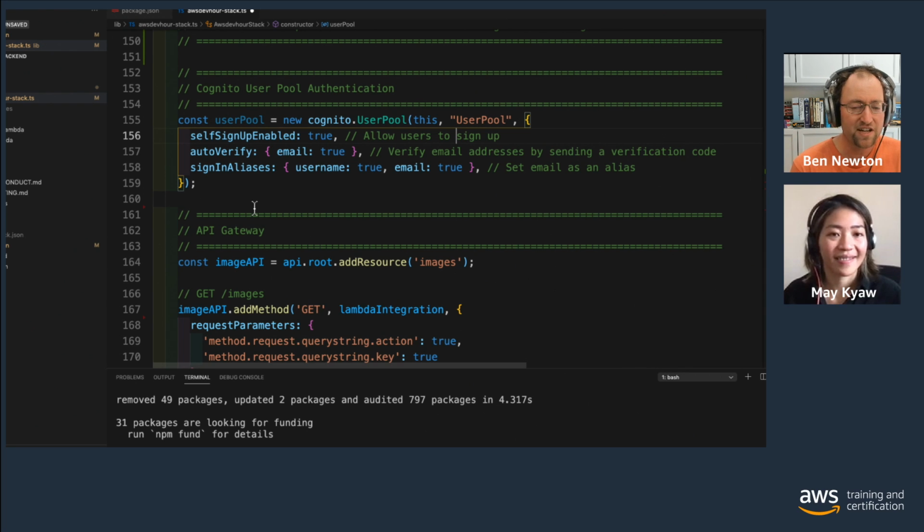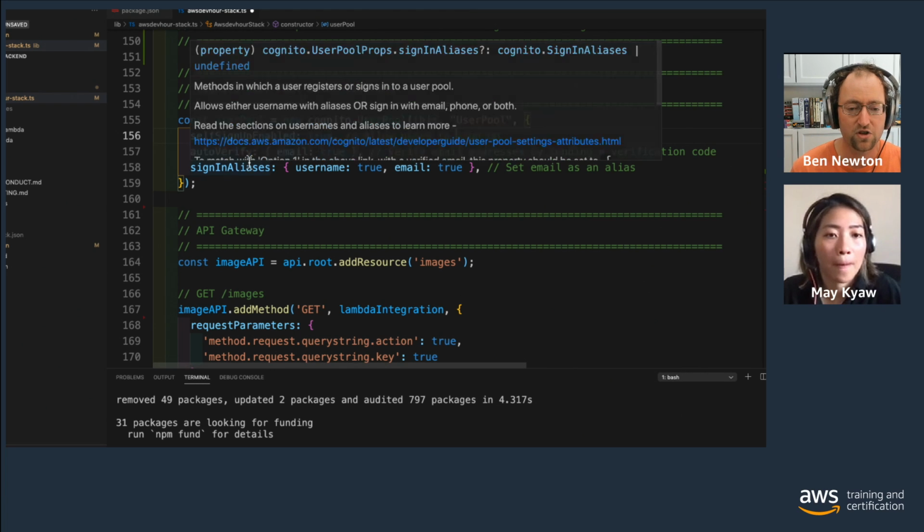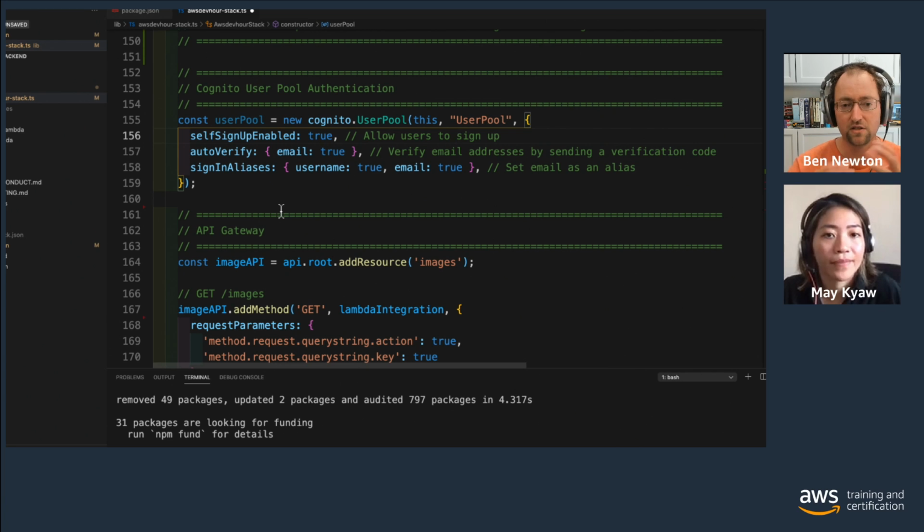The first one is self sign up enabled. We want people to be able to sign up to our application themselves so they can go in and register. That's part of the functionality of our application, so we want that to be the case. We're also adding auto verify into the mix so that the registered user can validate their own account via email. What this will do is, once Cognito gets a new registration, it will send a registration code or a validation code to that user's email address so that they can then validate their account,